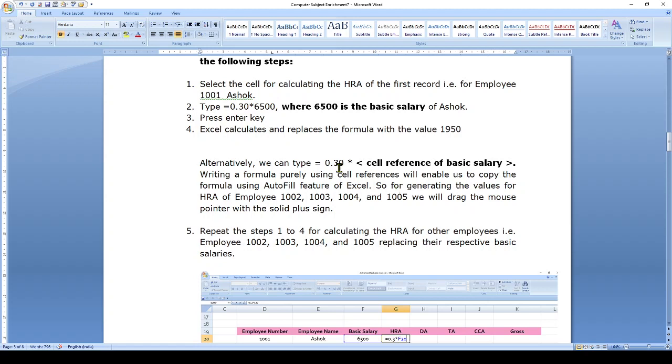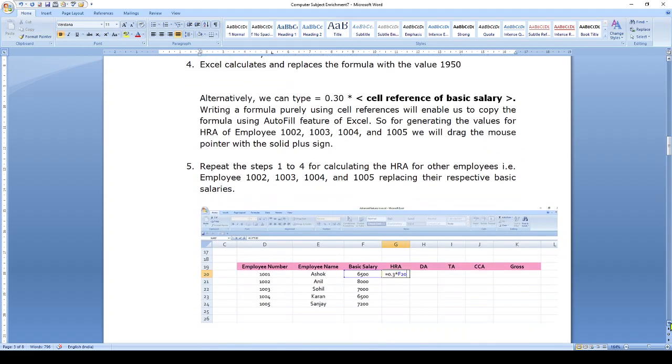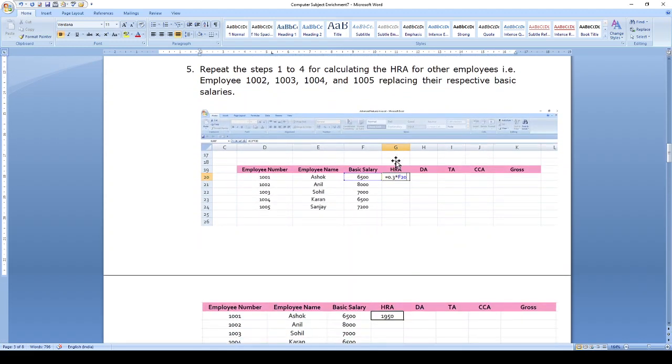You don't have to type the formula for all the employees. So that would be a benefit of using the cell reference. So write the formula with the cell reference and use the autofill feature to generate all the values for HRA.